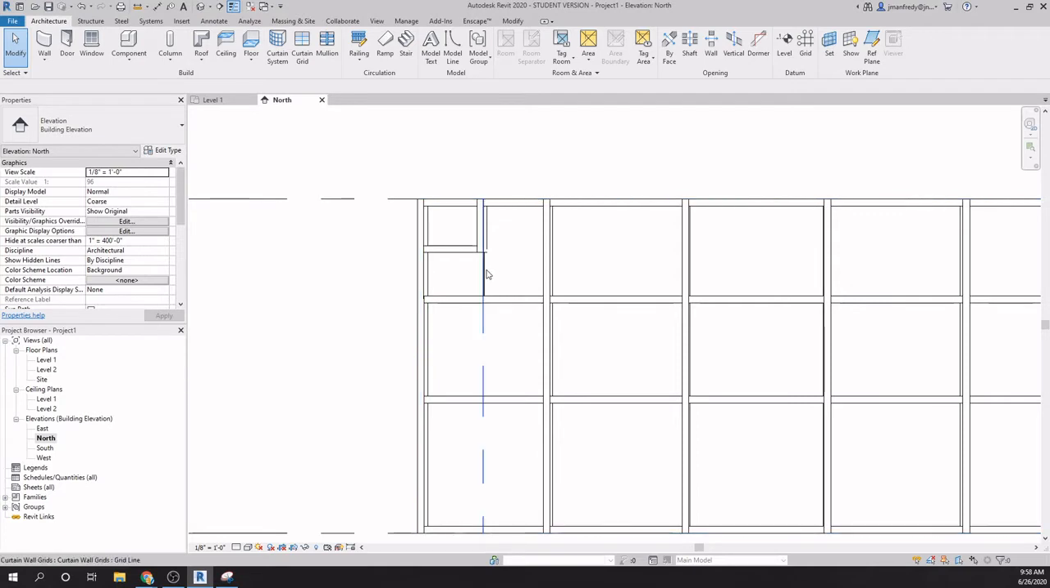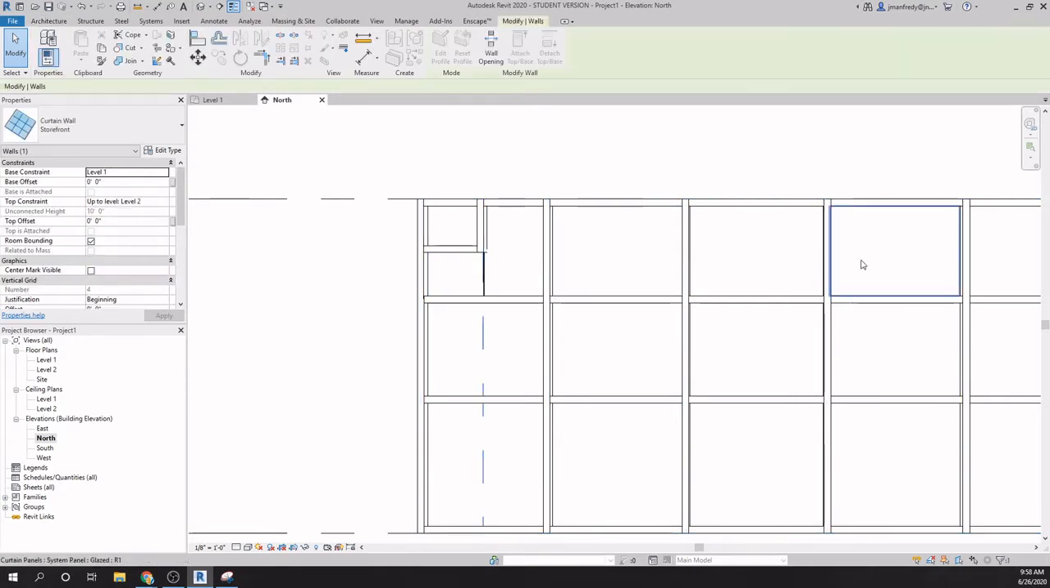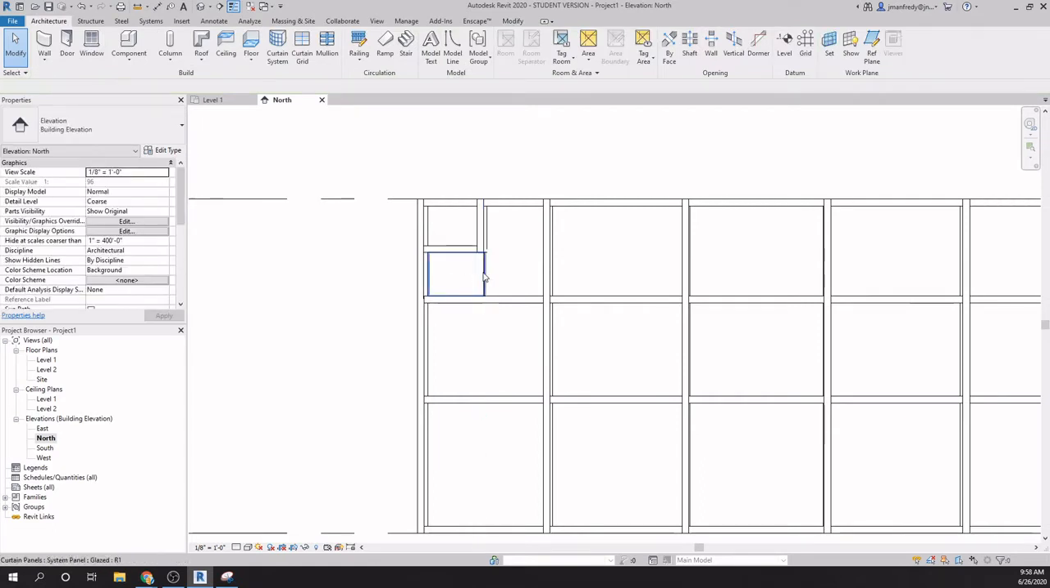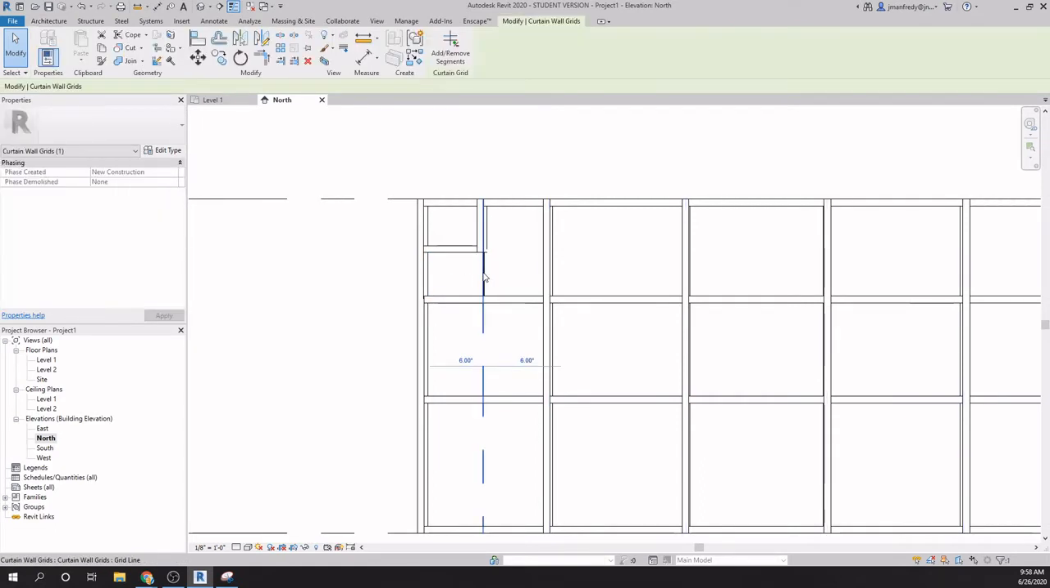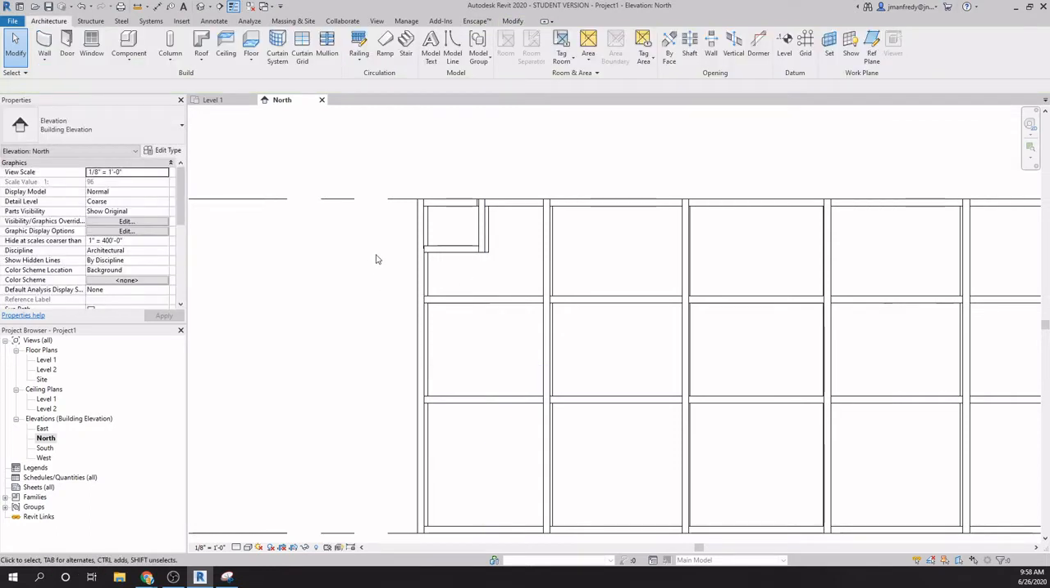So again, tab, tab, tab, tab, select the grid line. I don't want to grab them all. Tab, tab, tab, tab. That individual grid line there is what I want. I use add remove segments, and I put my mouse right here on this little segment that's visible. The rest of these are already invisible, but this one is not. Click, disappears, and I wound up with that little